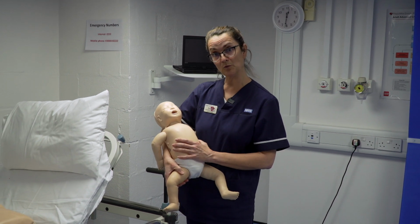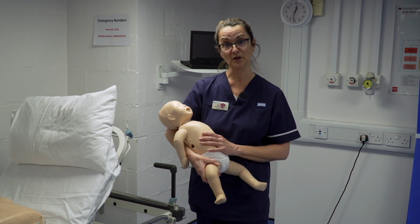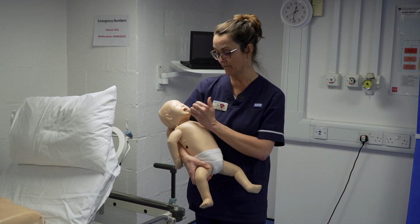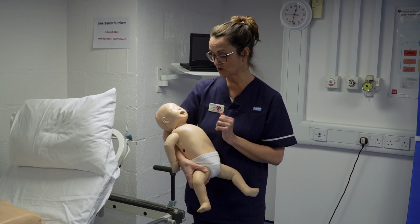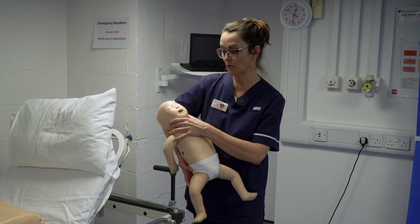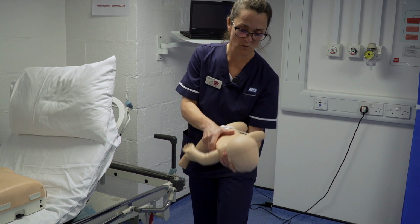So this is our under 1 year old. If the baby is choking, they're unlikely to be able to have a strong effective cough, and they certainly won't cough to command. So if there's anything obvious in the mouth that you think you can remove, be very careful about that, but sweep obvious foreign bodies out of the mouth if you can. If the baby looks like they're struggling, then again we start with back blows. This time though, we're going to need to support the baby's jaw because they haven't got the strength to hold their head,